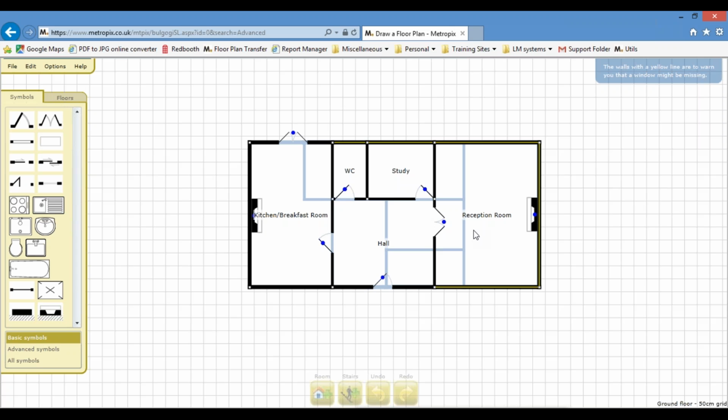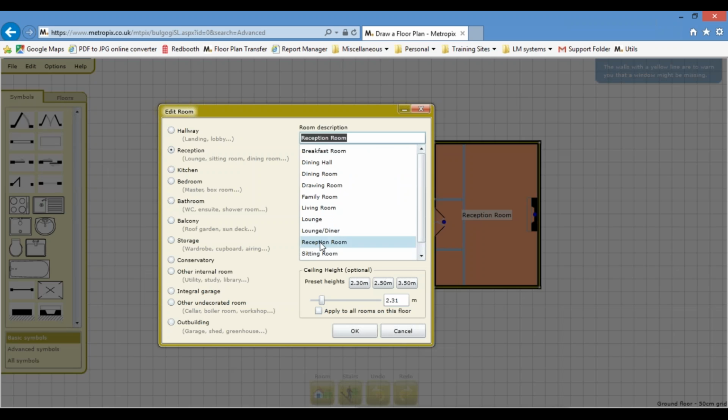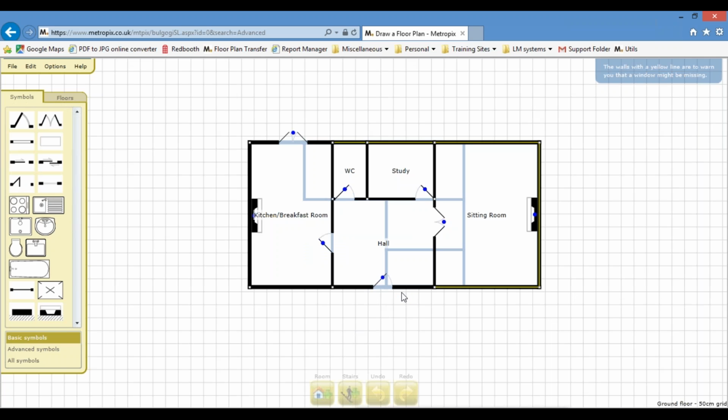Okay, so change the reception room to sitting room, E, click on the room, and choose the new name, sitting room and OK. So it's that quick. It just speeds things up an awful lot. OK, so they're the hotkeys. And actually, while we're on